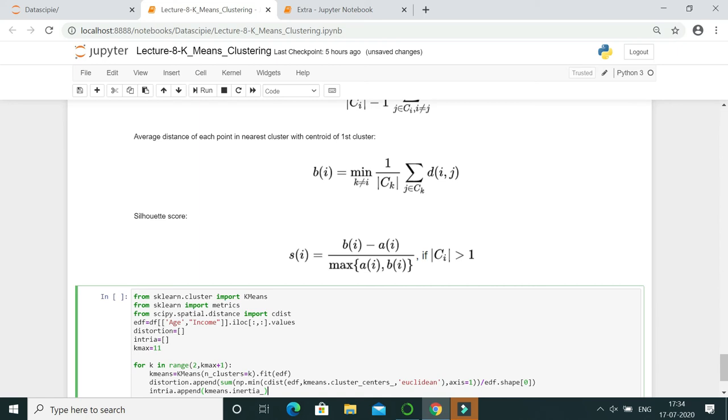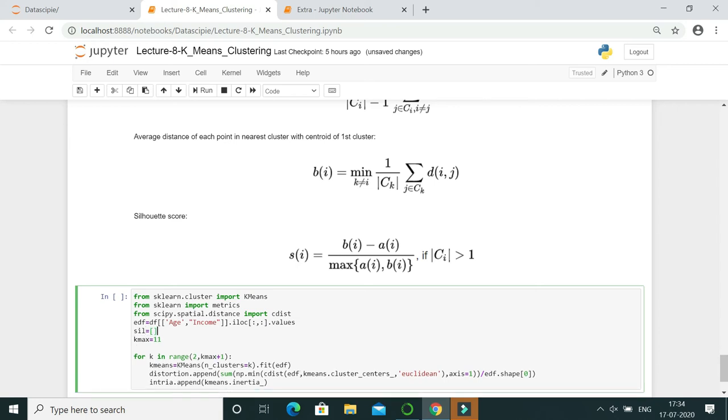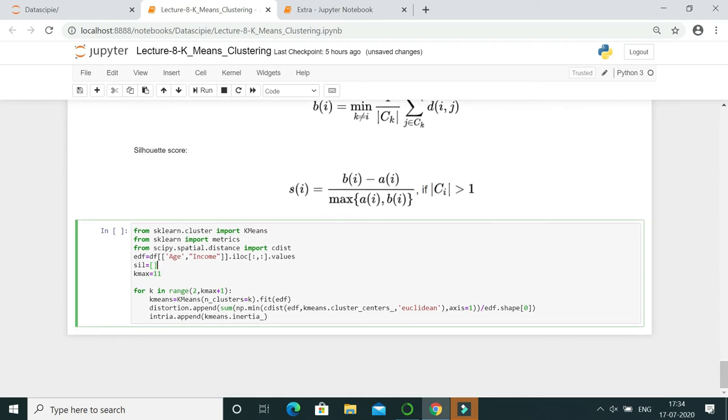Next, we require what? Silhouette score. So suppose sil, then delete this inertia factor. Then here we utilize the for loop itself.